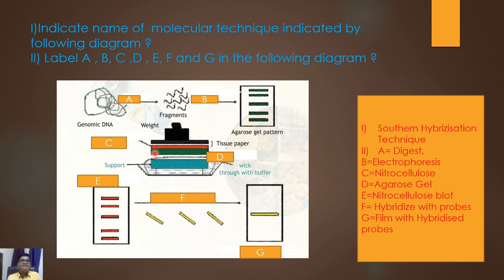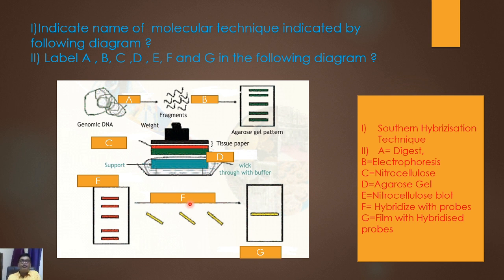we want to transfer this DNA from agarose to this nitrocellulose membrane. This is nitrocellulose membrane, and that is agarose. So DNA is going to transfer from agarose gel to nitrocellulose membrane, which is known as the nitrocellulose blot. We get the DNA now not in the agarose gel but on the nitrocellulose blot, and we fix this DNA with baking, and then